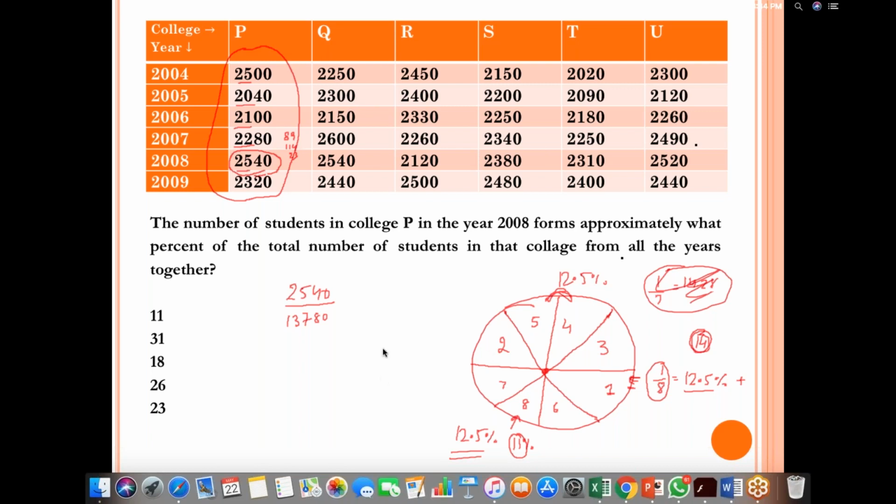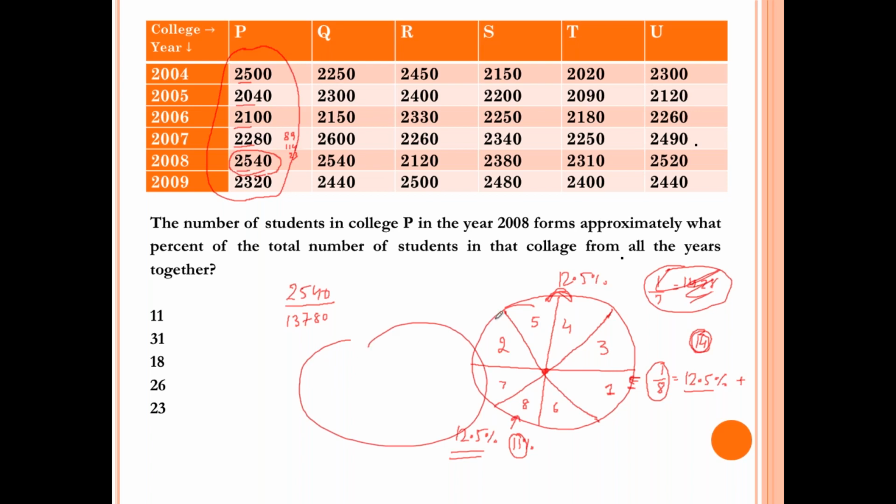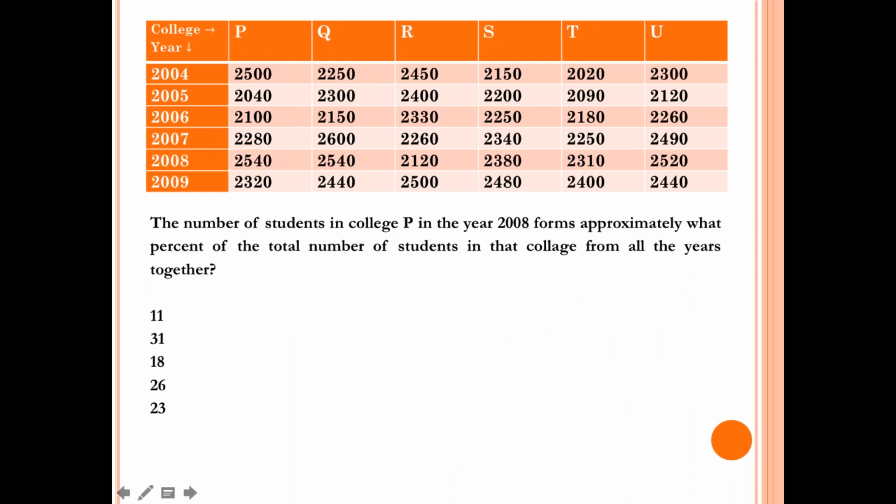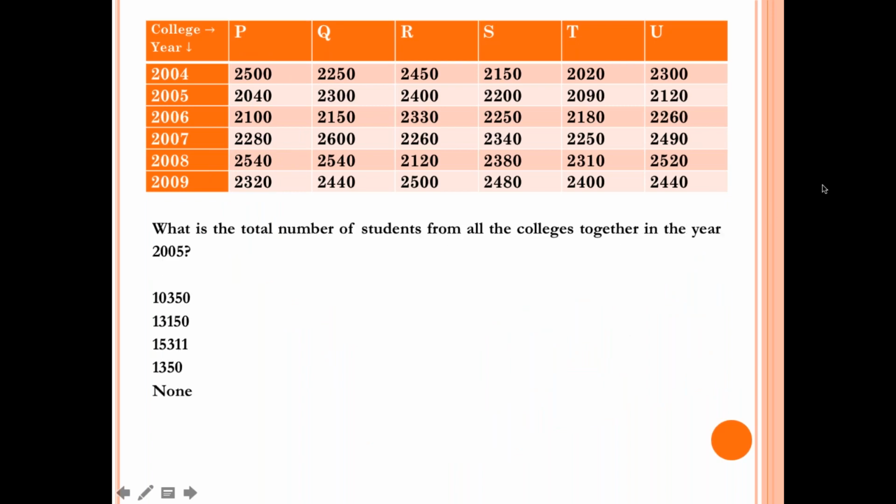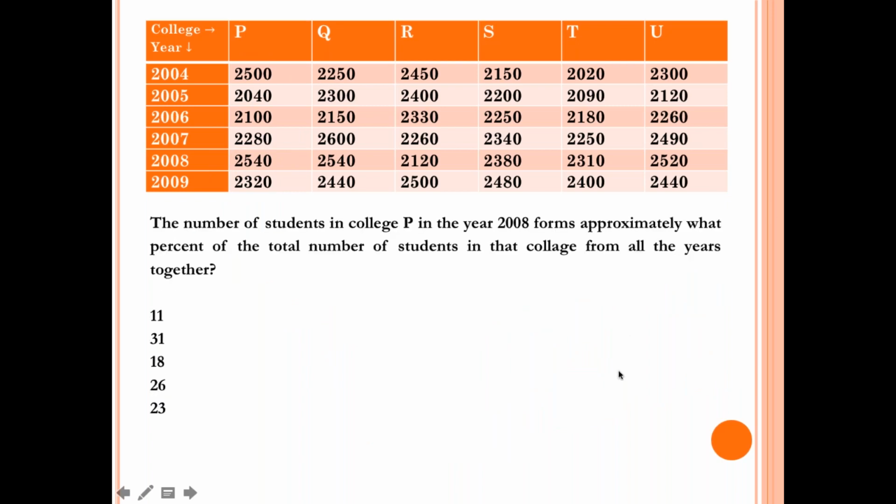Now, no, we are not 8, we are 6. Okay, let me draw a slightly better pizza. Let us say this is the ready-made pizza given to us. So we'll cut like this, and one like this, and one like this. So each one should be getting 16.66%. The topper will be getting slightly more than that, and the bottom one will be getting slightly lesser than that.